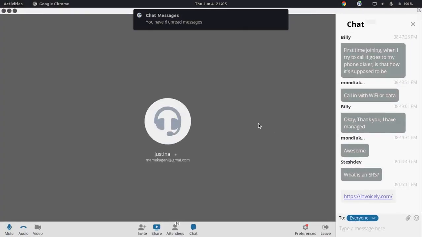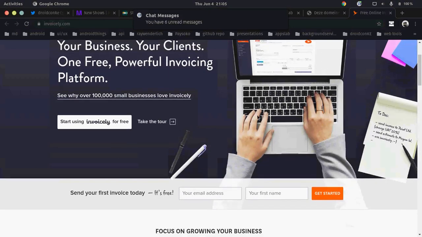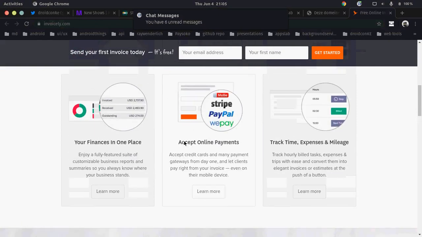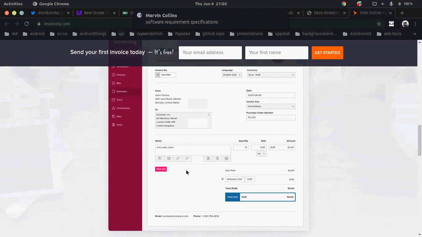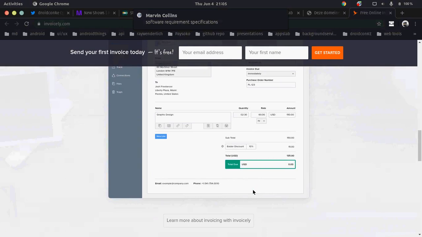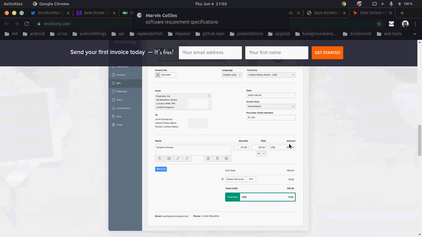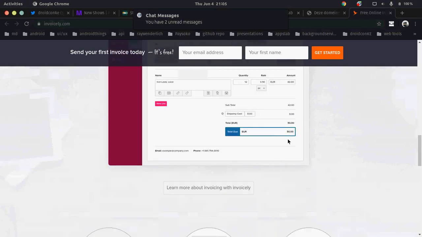So yeah, we have that site. It helps you create invoices for free, and maybe you can even accept payments in one place, etc. You can see how a sample invoice looks. It has from, to, name. There is supposed to be a place where you have invoice items. So here we have invoice items. It can be text, or you can list items and maybe the total rate.